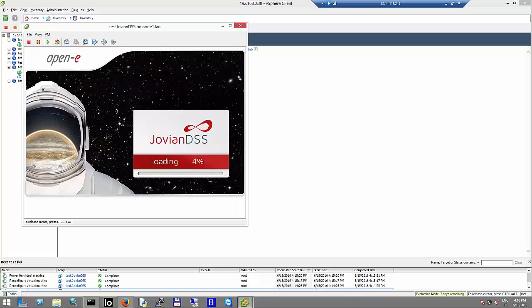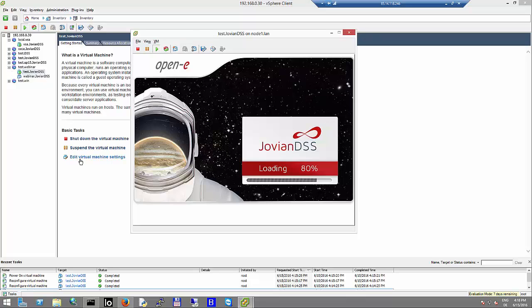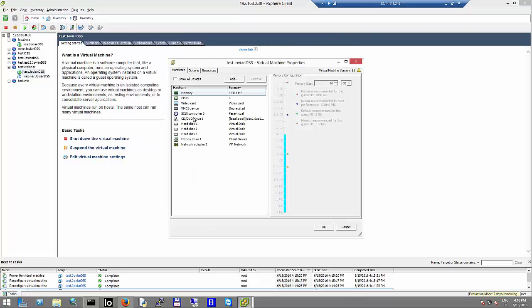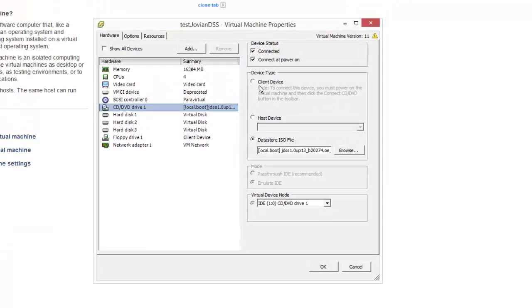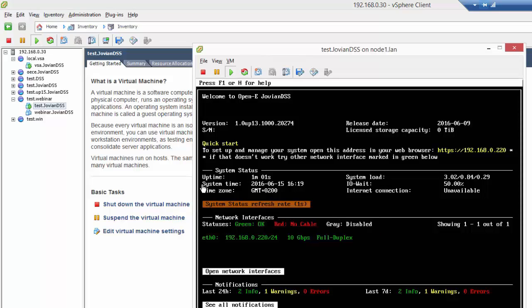Okay, so now Jovian must already be starting from the disk, so it will not be running the installer. If you want to make sure that it is not starting from the ISO file, you can go to edit, select CD, and select default client device, so the ISO file will be deactivated. Okay, so now the system has already started with the factory default IP,